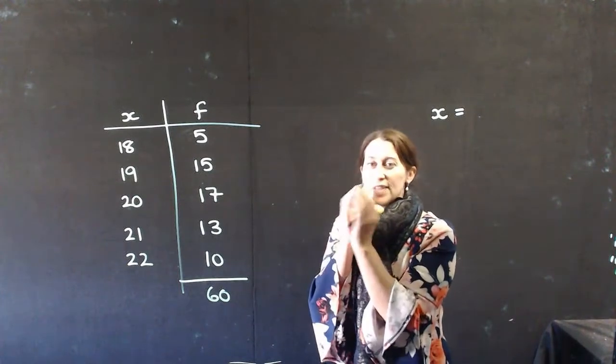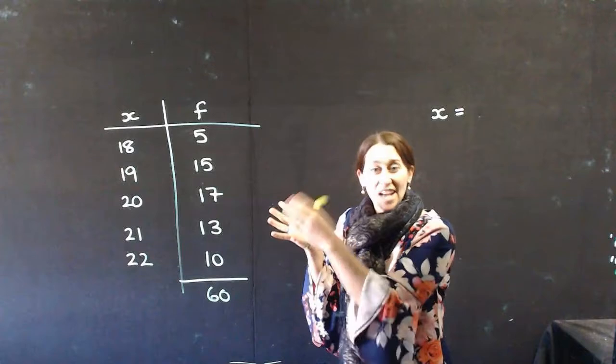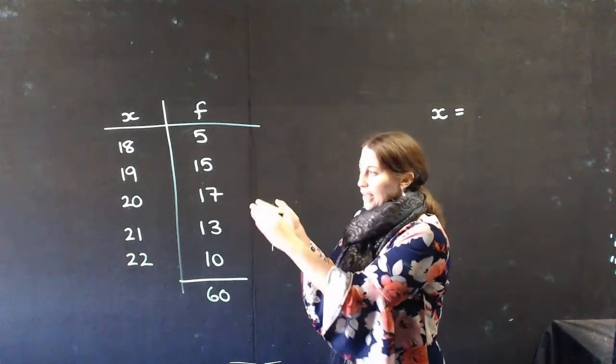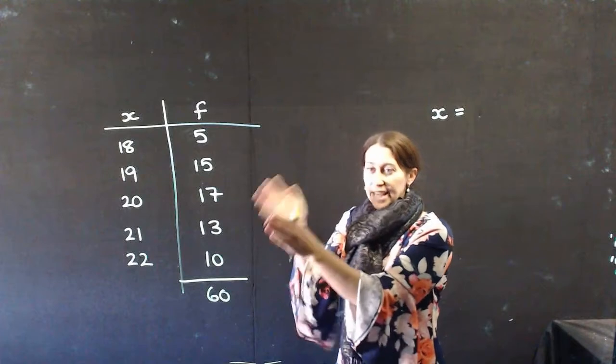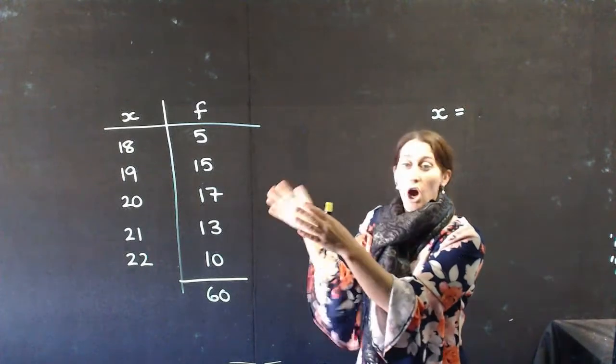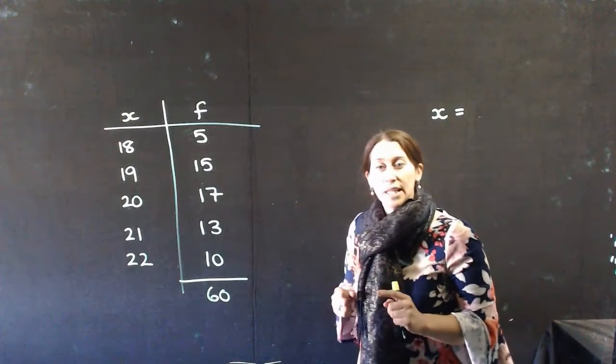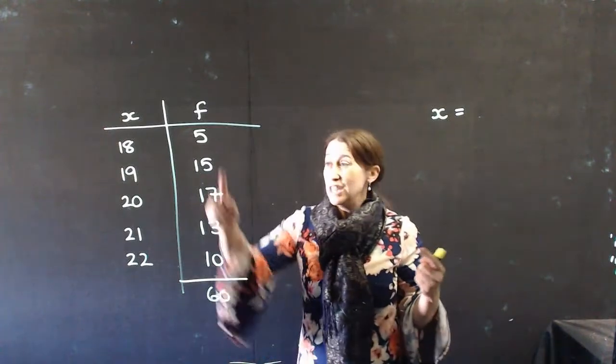So let's just focus on those 18-year-olds. If I'm going to add up their ages, because that's what I want to do, add up the data, I'm going to go 18 plus 18 plus 18 plus 18 plus 18. I would add up 5 18-year-olds. And the more efficient way of doing that is to say, well, okay, the sum of their ages is 18